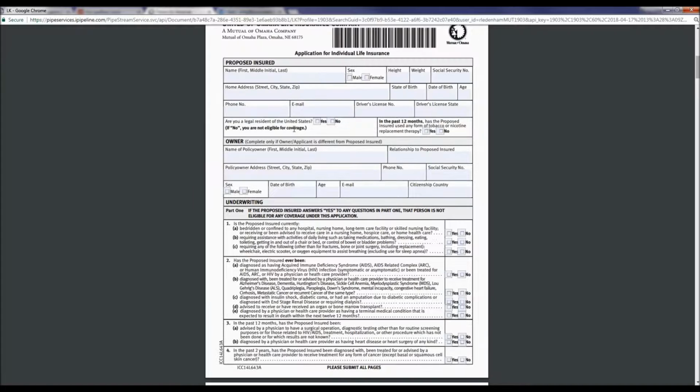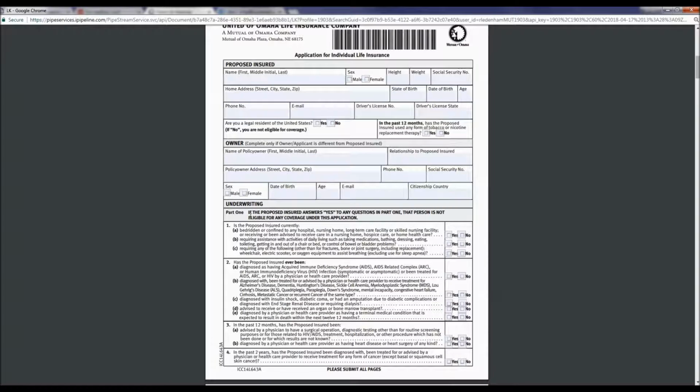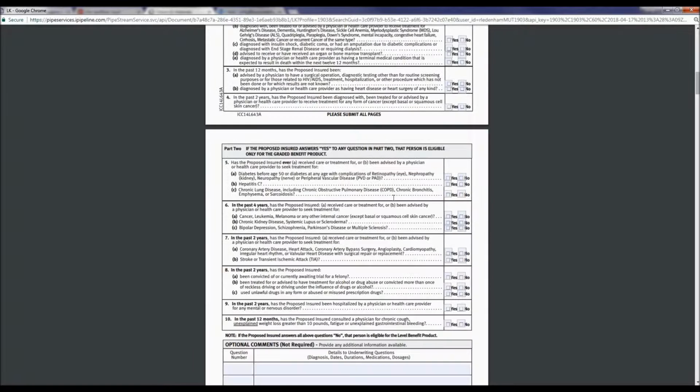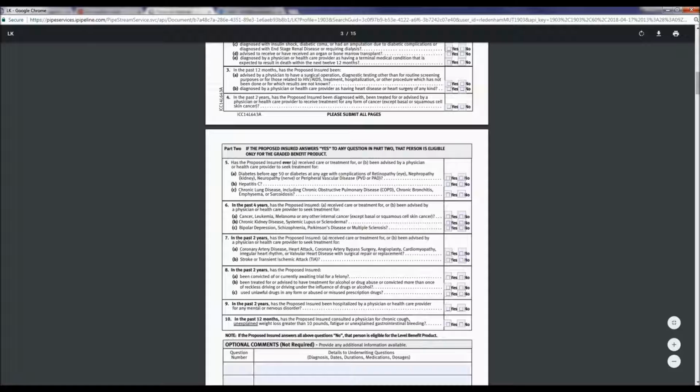read. Now, it's going to tell you right here, if the proposed insured answers yes to any of the first section questions, they are not eligible for coverage, and that's where your Great Western product comes in, or the Value Life product from USA Team Core will come in. Those are the guarantee issue products. If you scroll down, if they answer yes to any of these, then they automatically get the graded product. So ask the questions. You'll know which one to select in the WinFlex,